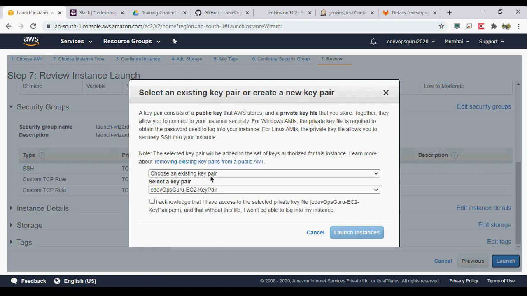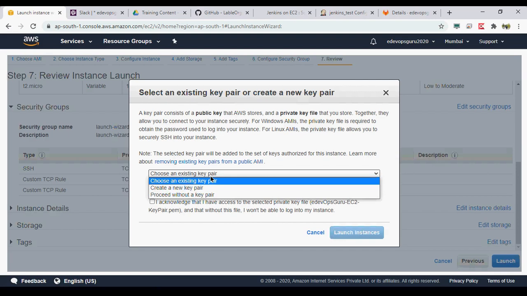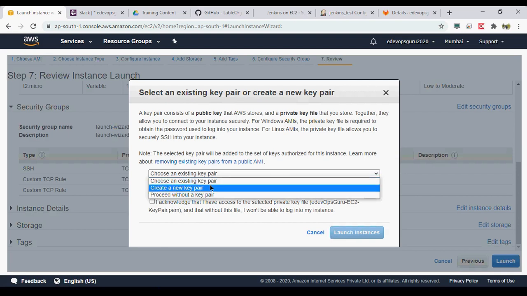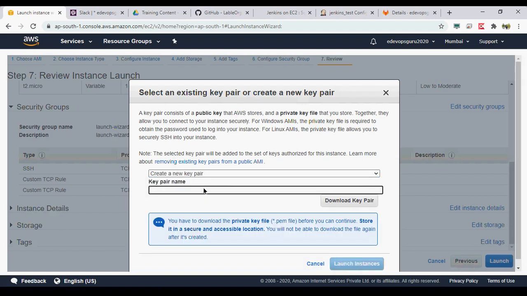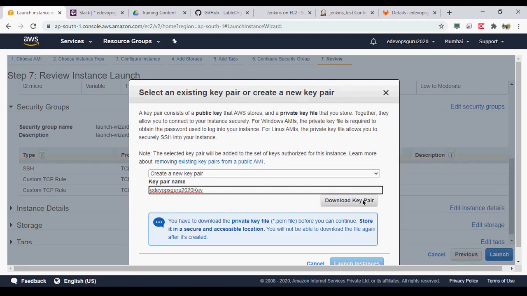So here we can choose whether you want to use your existing key pair or generate a new key pair. So let's create a new key pair. Okay. Bob Guru 2020 key. Okay.